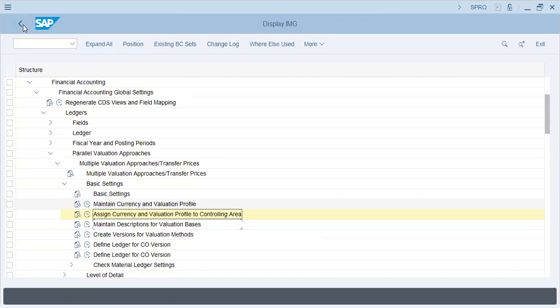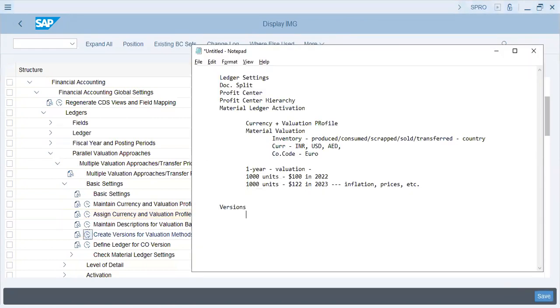Okay, create version for valuation methods. Why do we create versions? Now, versions, what are versions? Plan version,